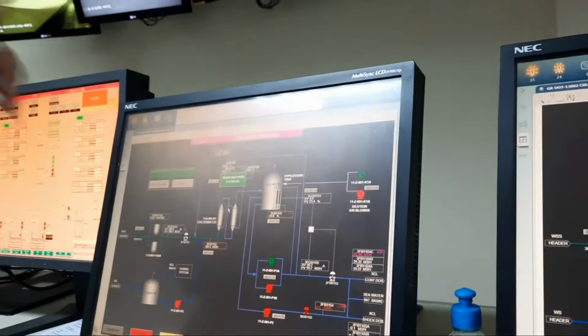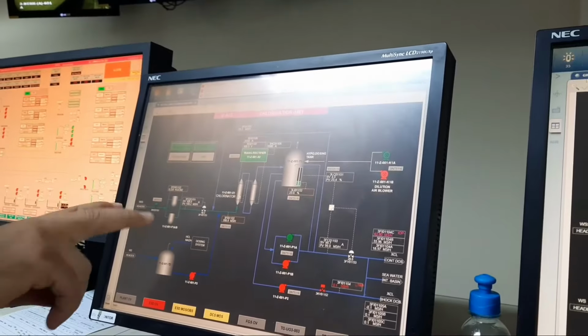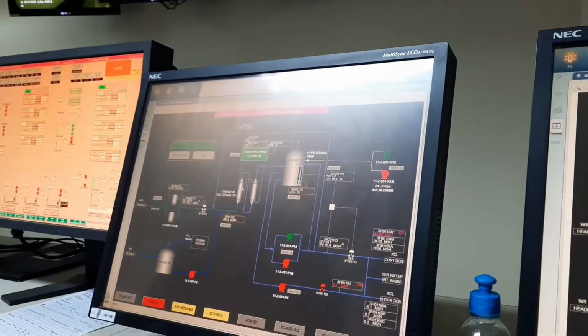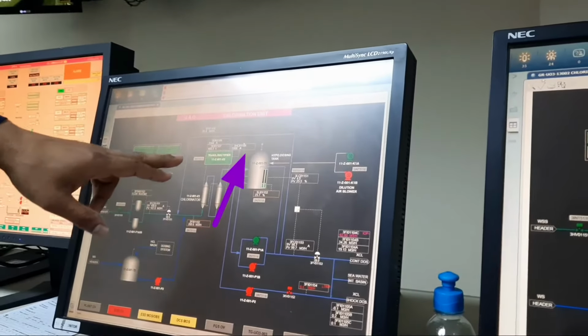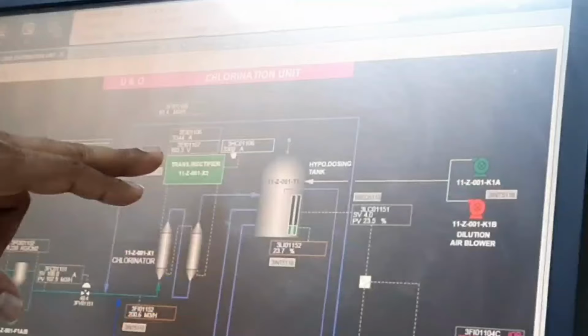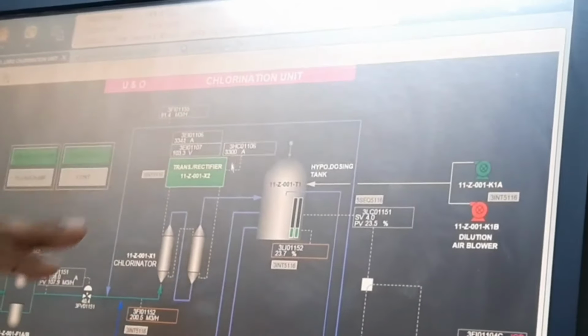So after this flow, between these two, one is the anode and one is the cathode. First one is the anode, second one is the cathode, and this is the hypochlorite cell. So 197 meter cube of product, as I have shown on the blackboard, will enter the hypodosing storage tank.